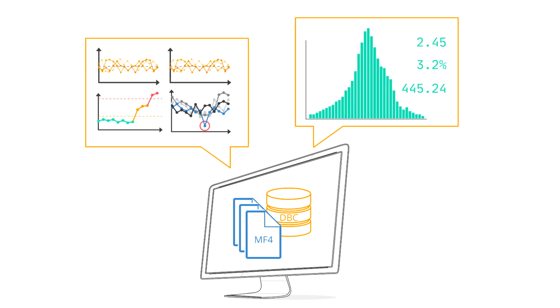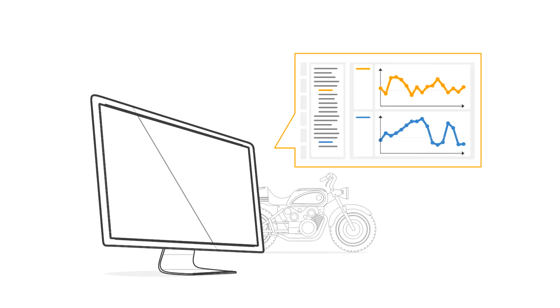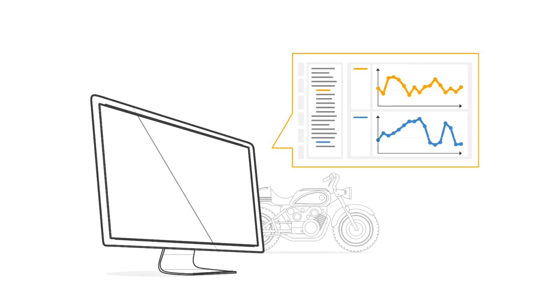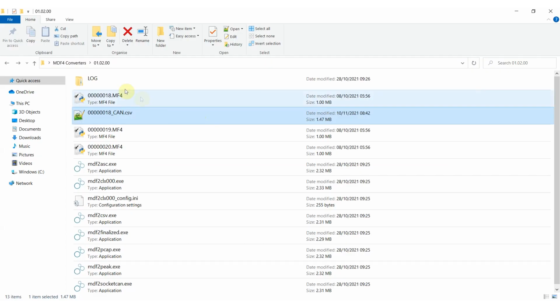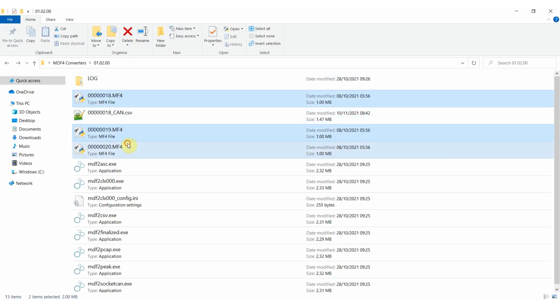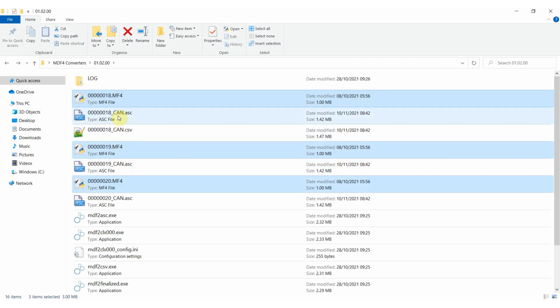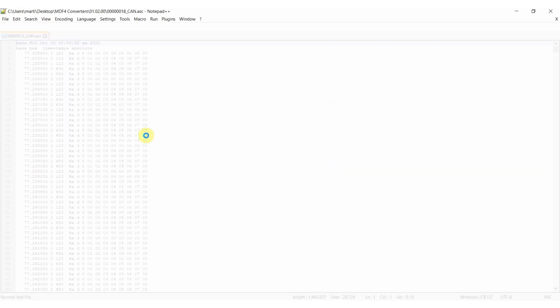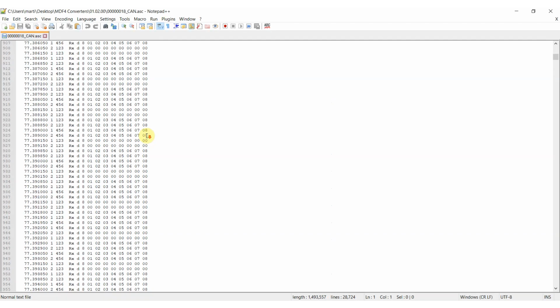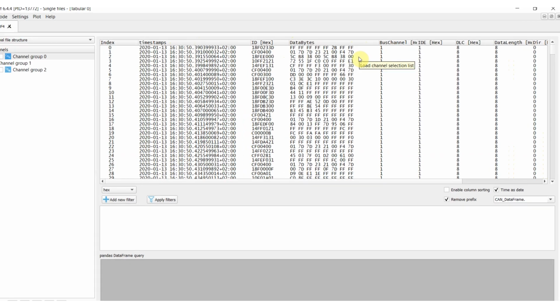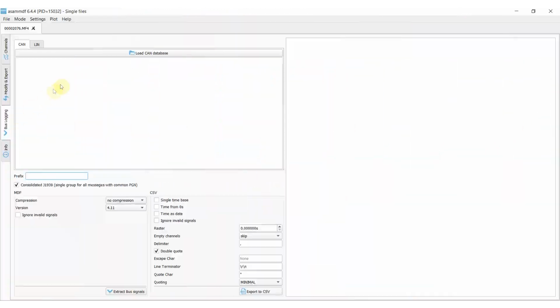For some use cases, you may prefer to work with your data in a GUI software tool. For this purpose, you can transform the CAN Edge log files into other formats using our MF4 converters. For example, if you wish to load the data in Vector tools, or you can use the free ASAM MDF GUI to review raw data, DBC decode it, and create graphical plots.